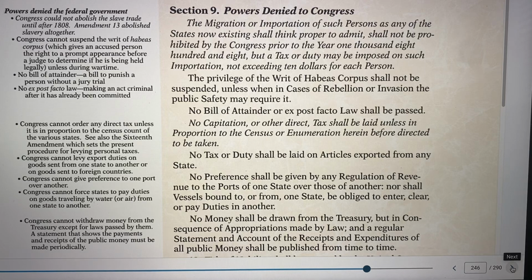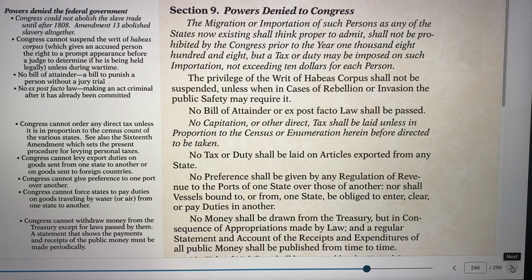So ex post facto means making an act criminal after it's already been committed. You're saying, okay, you committed this crime back in 1980, and it's now law, so we're going to go back in time and put you in jail. They can't do that. So Congress cannot order any direct tax unless it is in proportion to the census count